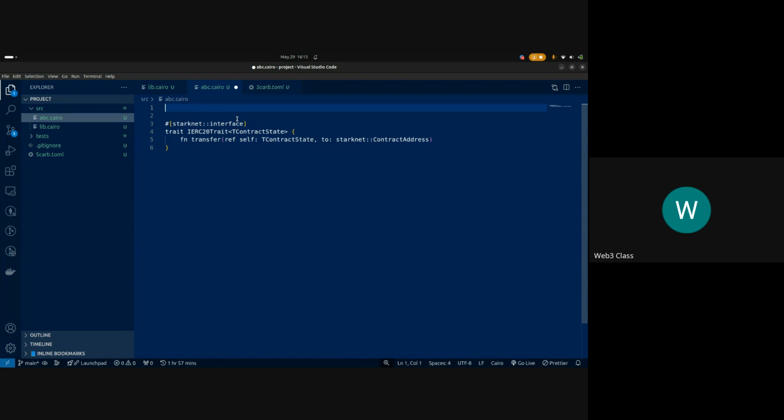How many of you know Rust? Like the basic Rust? The same way you import modules in Rust is the same way you import modules into a Cairo contract. So you use "use" instead of import. If it's Solidity, you'll be doing import; in Cairo, you are just using "use". So use Starknet